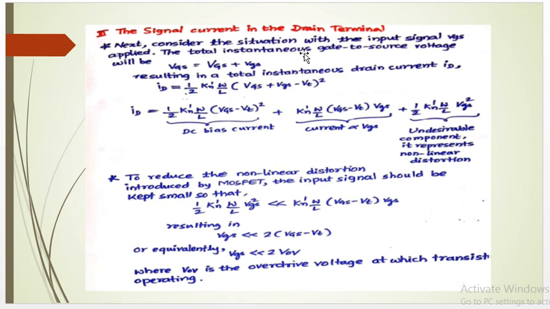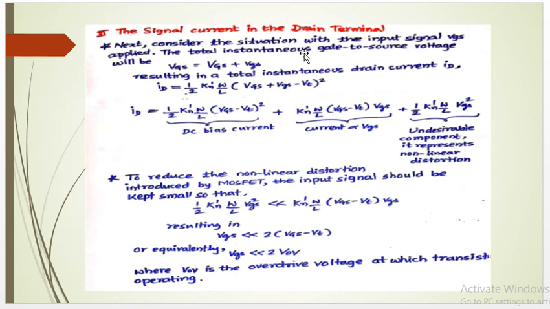Students, this you have to concentrate on properly. Both in the case of current as well as voltage, you have to concentrate. The result is a total instantaneous drain current, again you observe iD, instantaneous. i is lowercase, d subscript is capital. It represents the instantaneous value of drain current. So the instantaneous value of drain current iD is given by half Kn dash W by L.